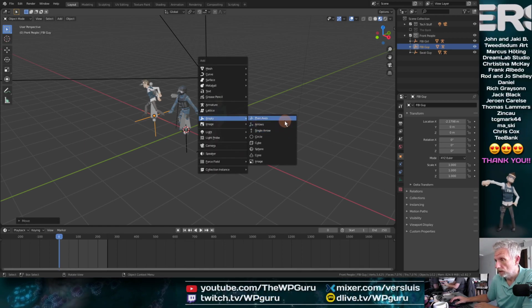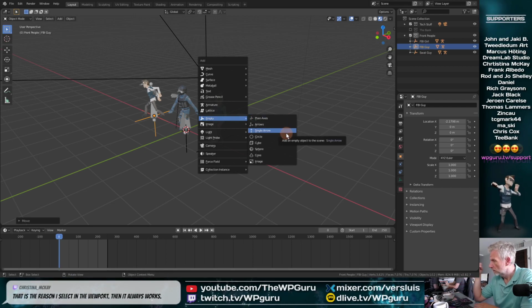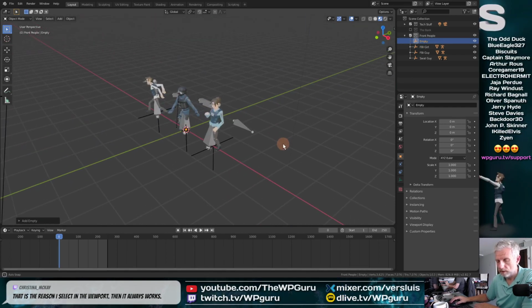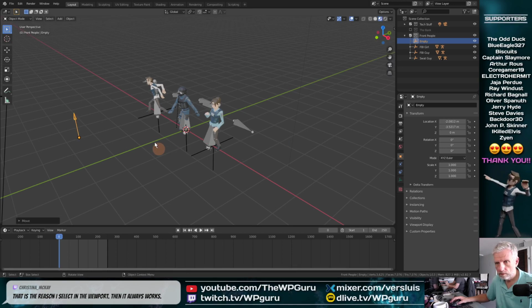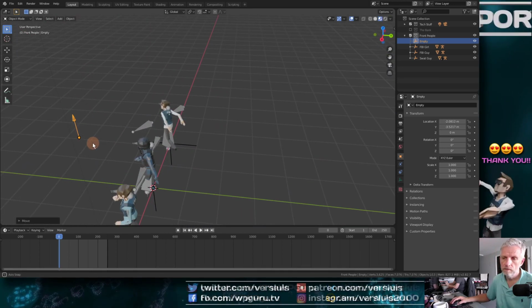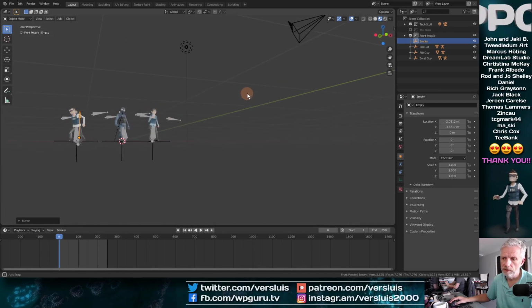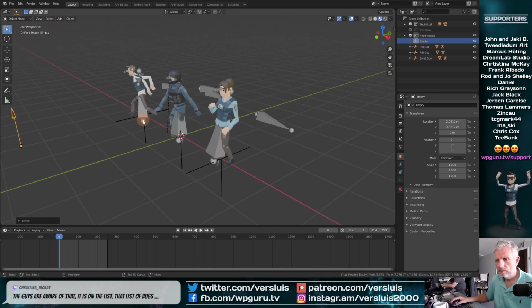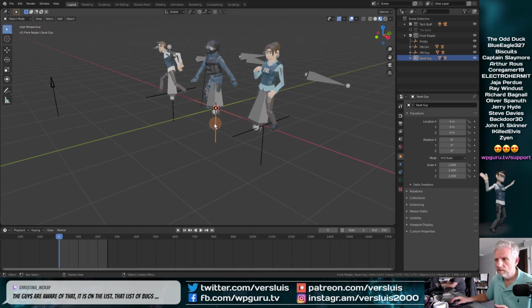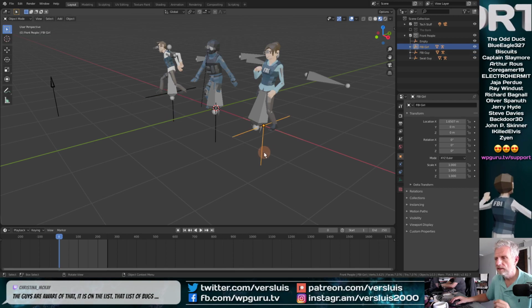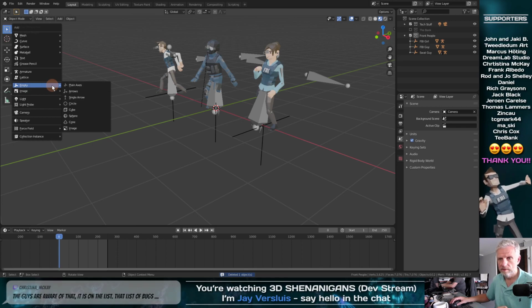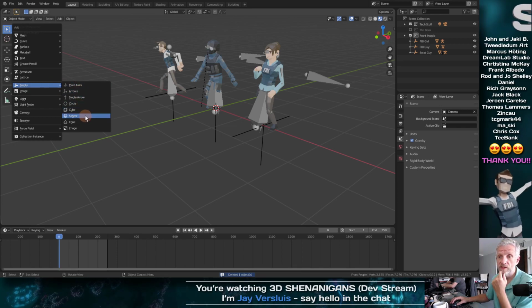Single arrow. I like the plane axis. Maybe single arrow. What does single arrow look like? I see nothing. Oh, there we go. Yeah, could be. I like something other than the current empty, because this selects these guys easily, but I'd like something that selects the group. So perhaps I'm going to take a cube or sphere.